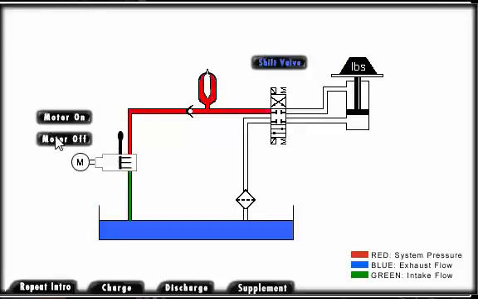Now that our accumulator is charged and the pump is running, notice that it has de-stroked. Click on the Shift Valve button to see the accumulator discharge, combining with pump discharge to increase the flow in the system. Notice how this additional flow will